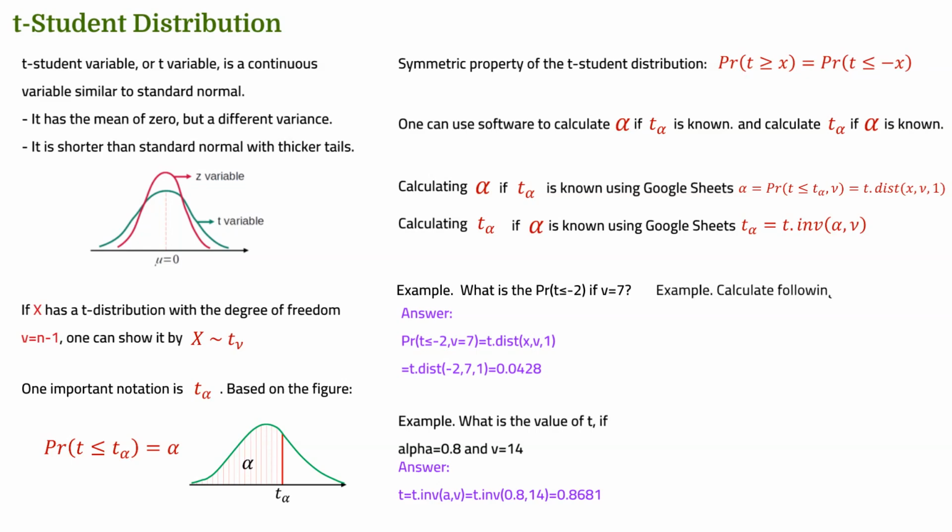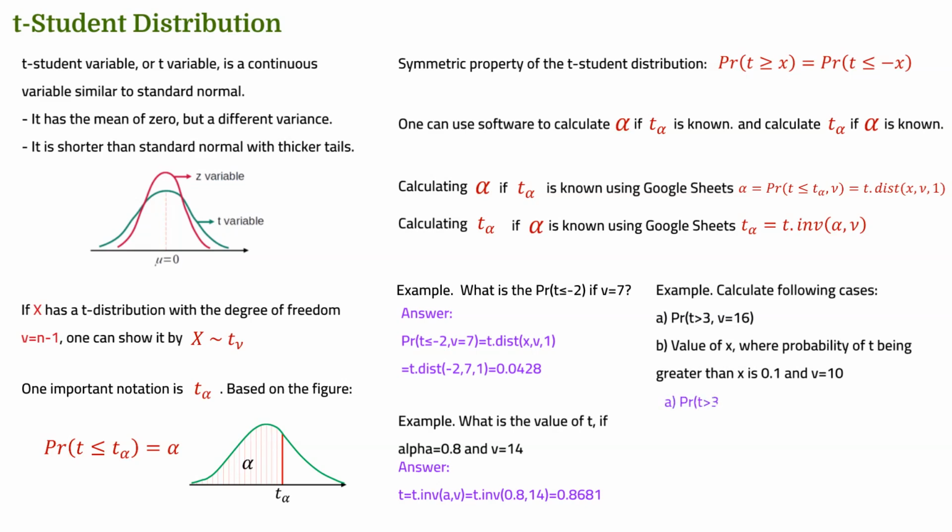Here's another example. Calculate the following cases. A, probability of T greater than 3 and nu is equal to 16. B, value of X where probability of T being greater than X is 0.1 and V, degree of freedom, is 10. A, probability of T greater than 3 with degree of freedom 16 is equal to probability of T less than minus 3 and V equals 16, which is equal to T.DIST(minus 3, 16, 1),